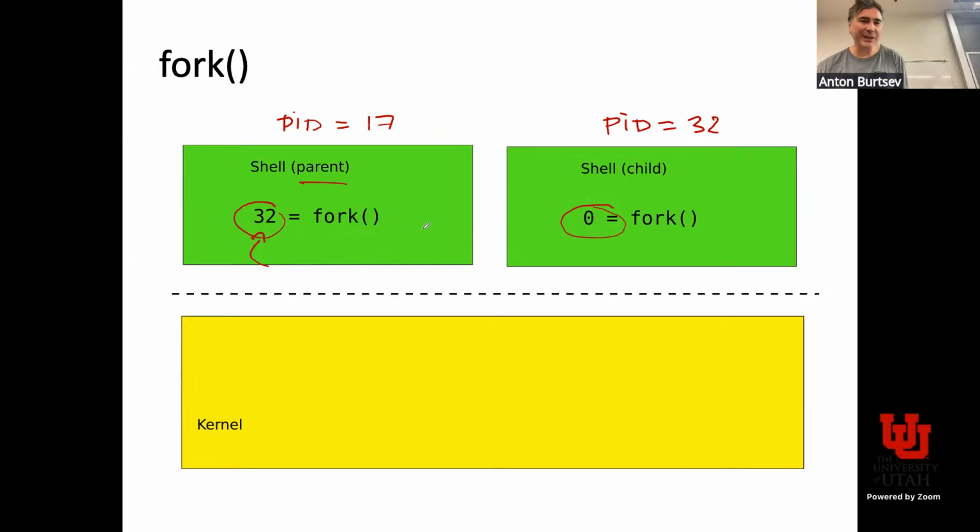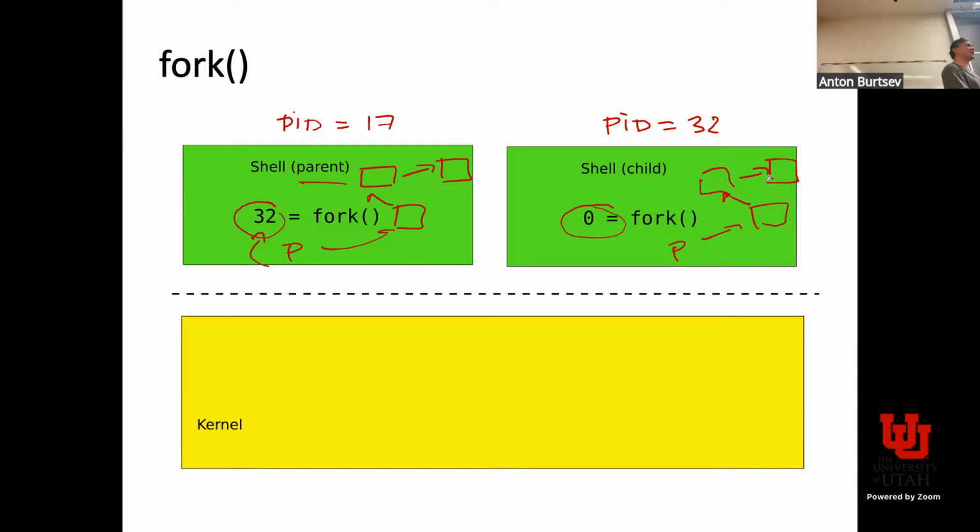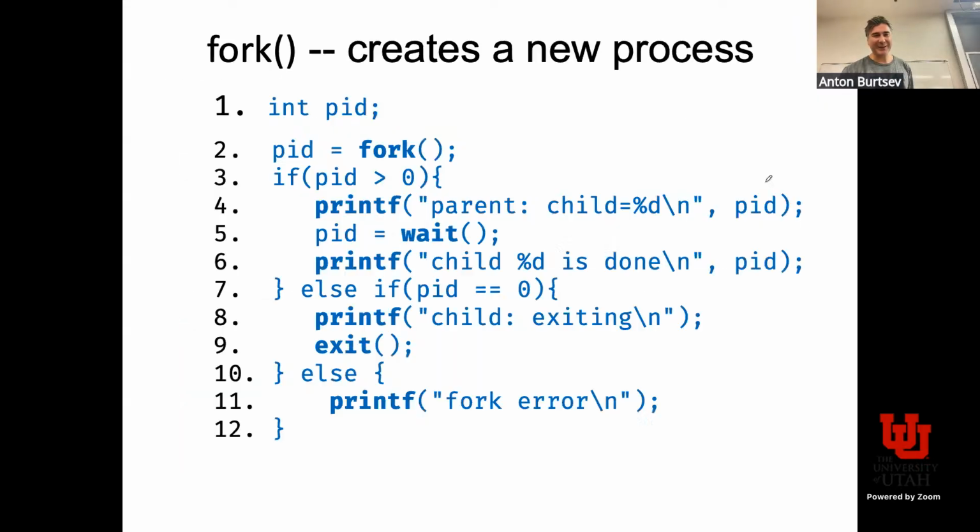So if you have some data structures here, if you have a pointer P pointing to whatever, a tree or a list on the heap, the same P will exist here. So they are completely identical. Make sense? It just clones them. I mean, you'll know this, right? Sure. Why is it even good to create a process like this? This is puzzling, right?